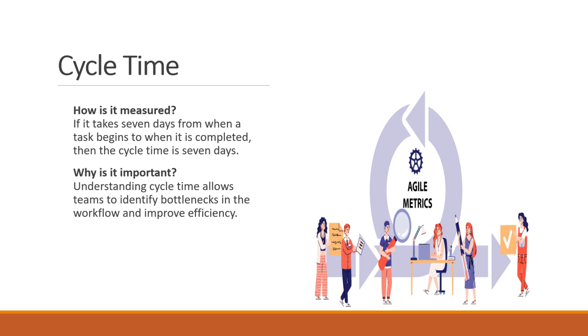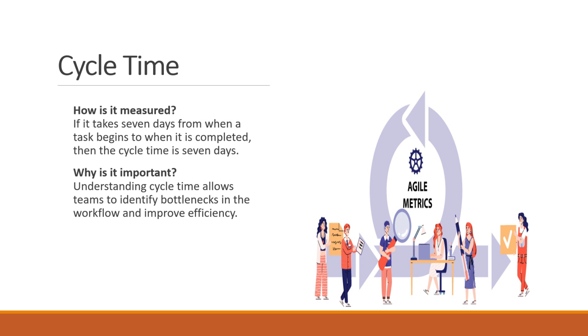If it takes 7 days from when a task begins to when it is completed, then the cycle time is 7 days. Why is it important? Understanding cycle time allows teams to identify bottlenecks in the workflow and improve efficiency. A consistent or decreasing cycle time indicates a streamlined process, while an increasing cycle time may signal issues that need